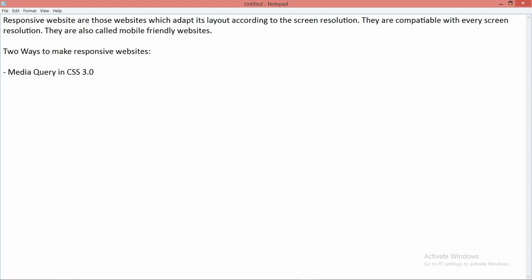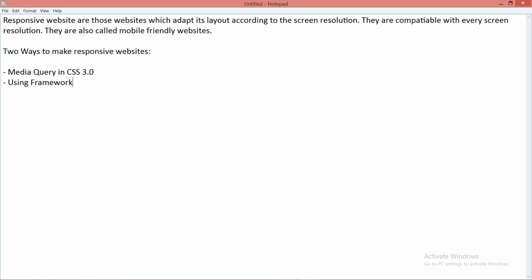In CSS you have to use media queries to make the web page responsive. And the second way is using a framework. This is the second method by which you can make your web page responsive.